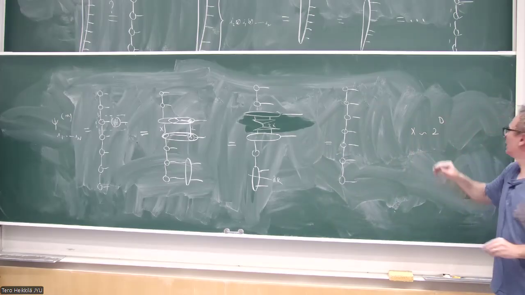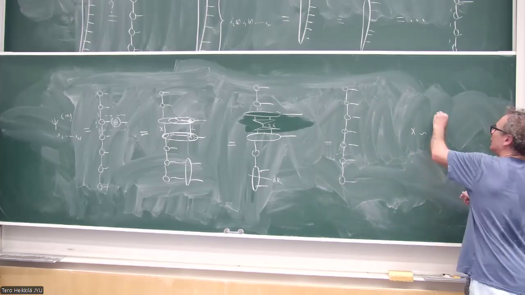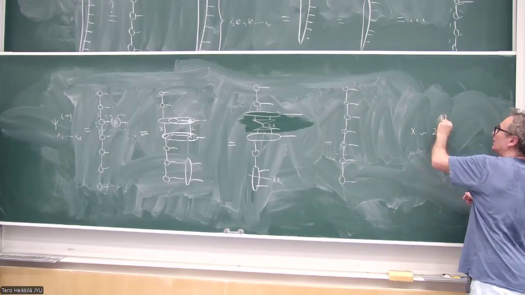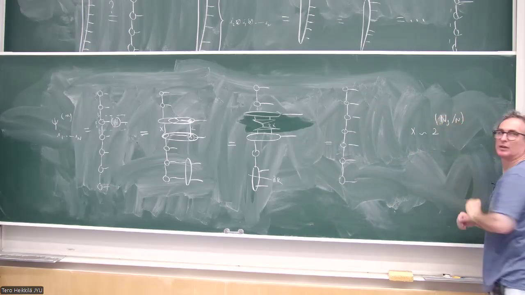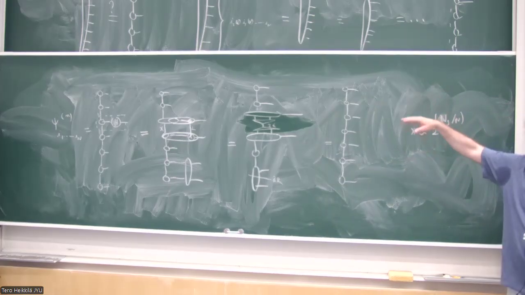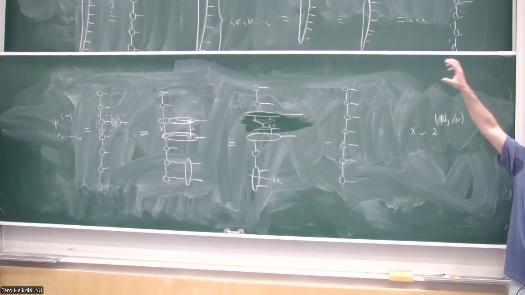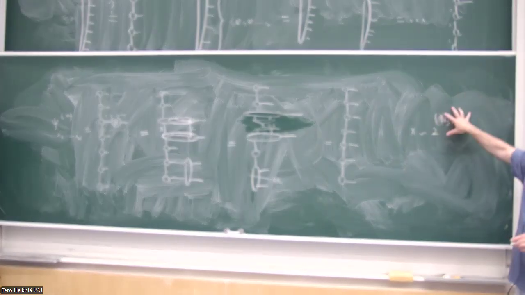The depth is the number of gates divided by the number of qubits. I mean, if you apply gates everywhere, of course. If you apply only on one, then you're only multiplying